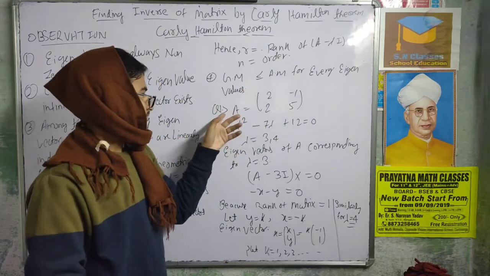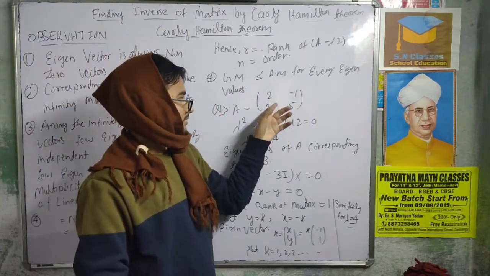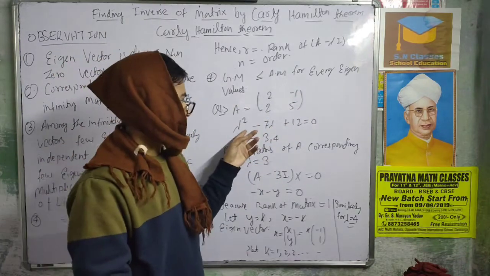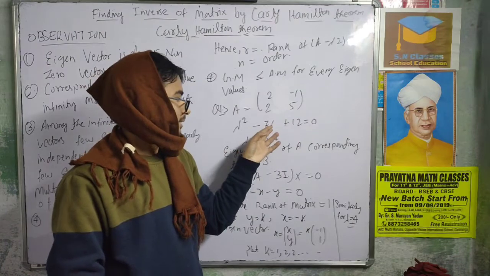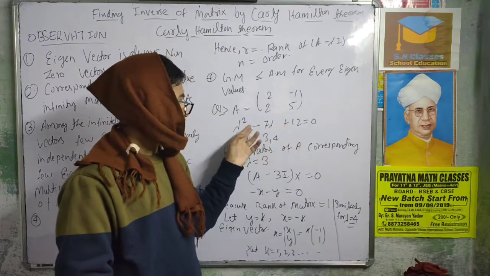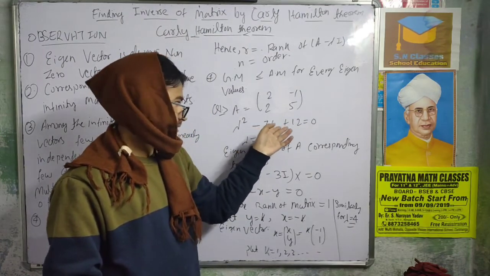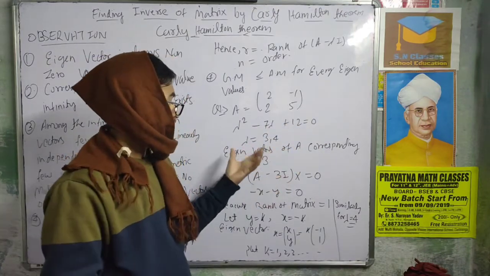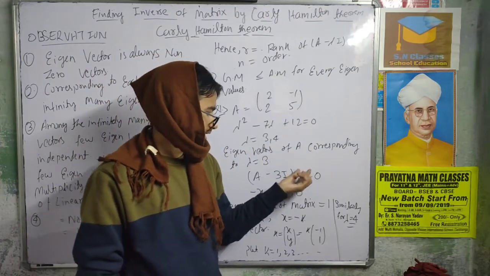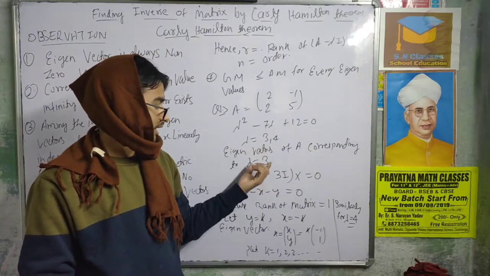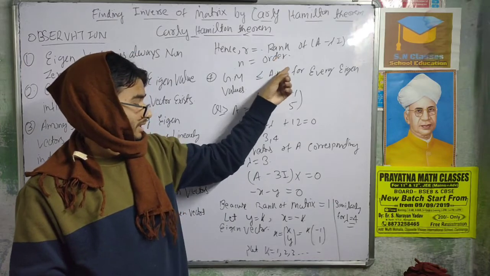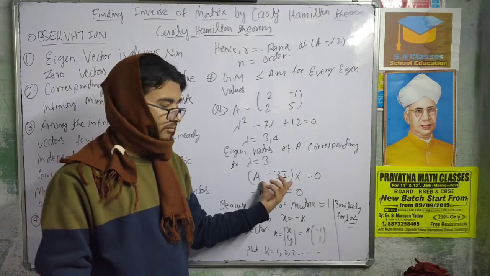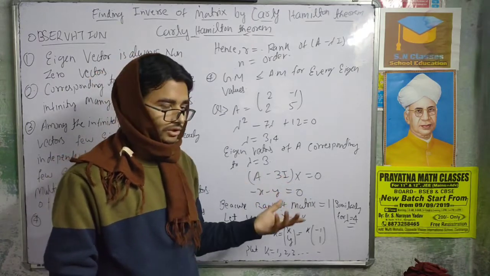This is the case. Question number 1 says, if a matrix is given like 2, minus 1, 2 and 5, find the eigenvectors. We know the basic formula is lambda square minus s1 lambda plus s2. So lambda square minus 7 lambda plus 12 equals 0. So lambda is 3 and 4. For the corresponding eigenvector, take the first value lambda equals 3 and use this expression: A minus lambda times I into x equals 0. That is the form to get the eigenvector.